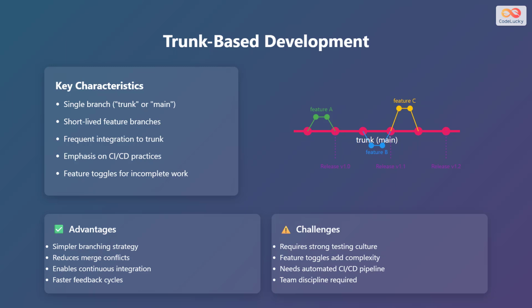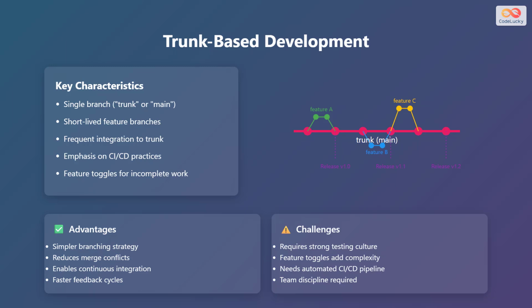Let's talk about trunk-based development. It uses a single branch, the trunk or main branch, short-lived feature branches, and frequent integration to the trunk. There is an emphasis on continuous integration and continuous delivery practices. Feature toggles are used for